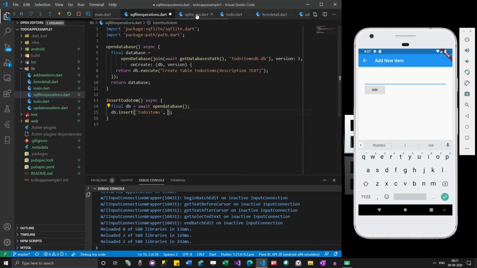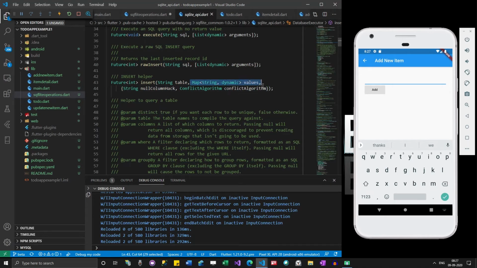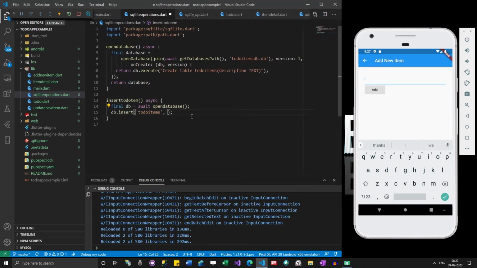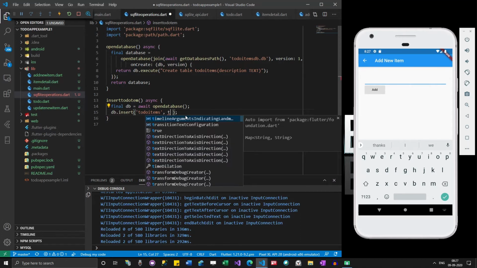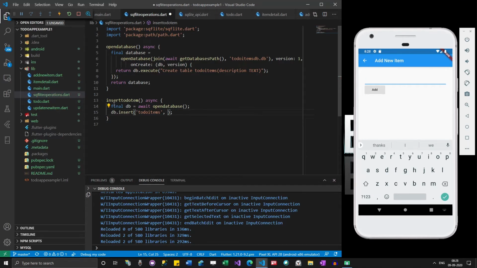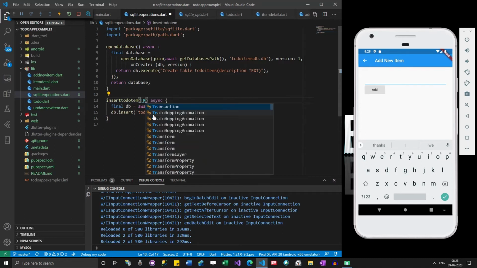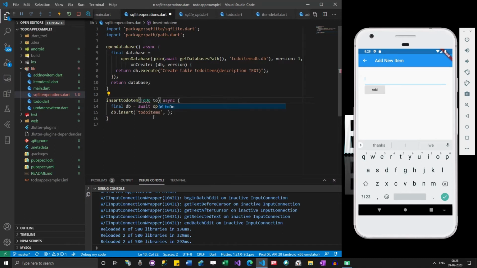Now I need to give some values, right? So how do we give that value? For example, I can go here. Whenever I'm inserting an item, I have to take that item, right? So I just pass the to do item.